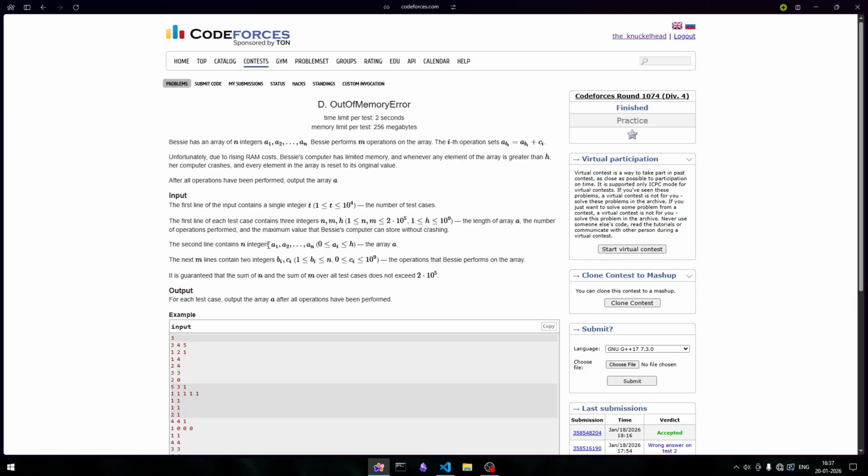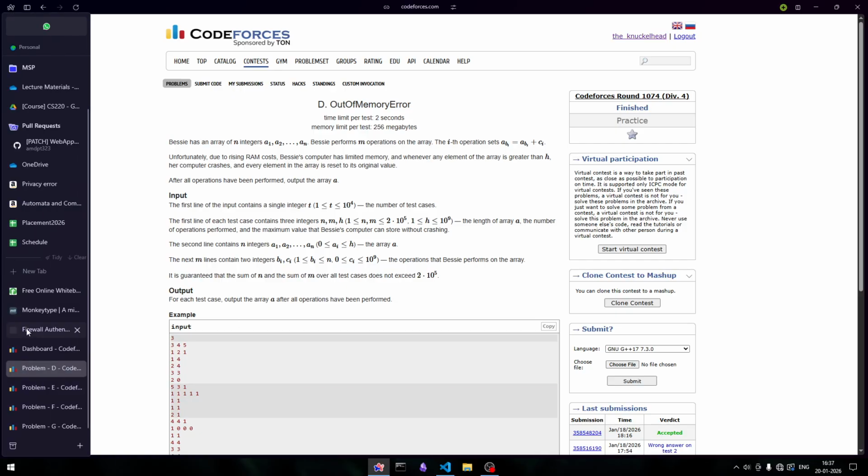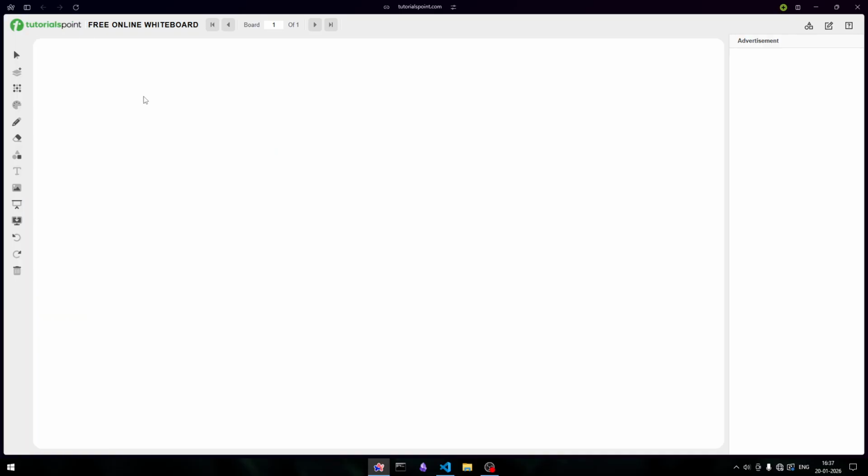So Bessie has an array of n integers a1 to an, and Bessie performs m operations on the array. The add operation sets a_bi to a_bi plus ci. Unfortunately, due to RAM costs, Bessie's computer has limited memory, and whenever an element of the array is greater than h, her computer crashes. Every element in the array resets to its original value after all operations are performed. Output the array. Okay, so what the problem says is that we are given an array